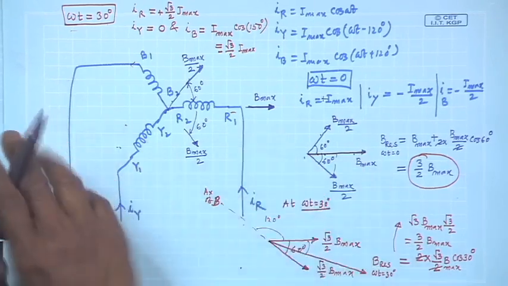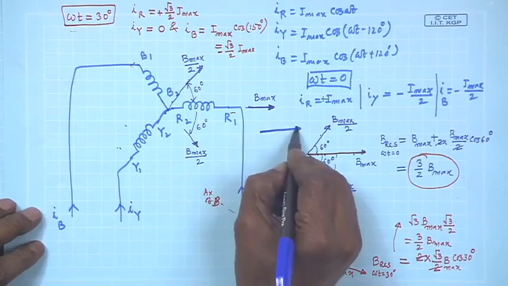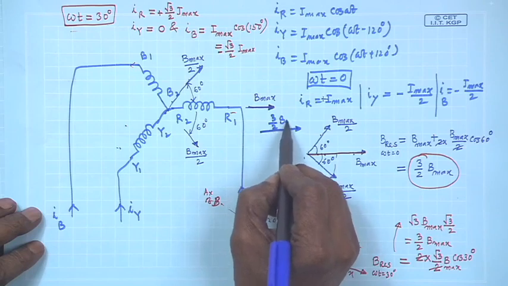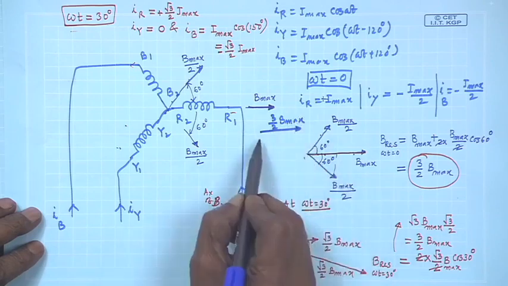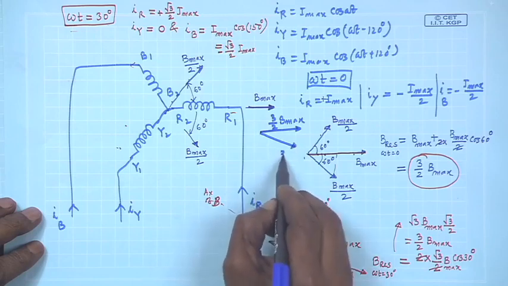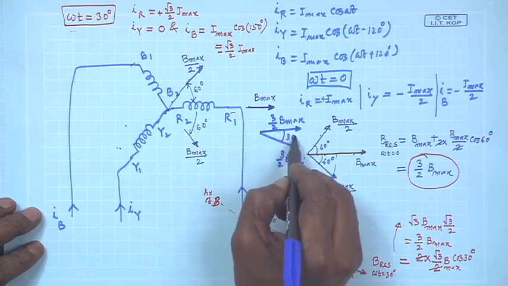So, originally it was here at omega t equal to 0. Time passes, what is the resultant field? 3 by 2 B max. Time passes by 30 degree, resultant field strength remains the same 3 by 2 B max and it moves 30 degree